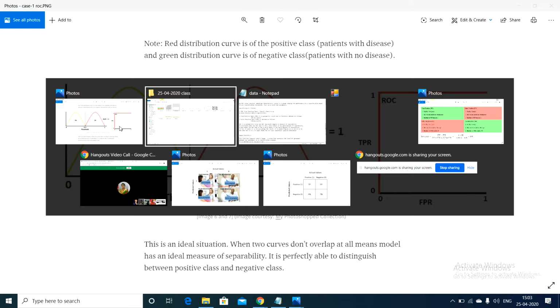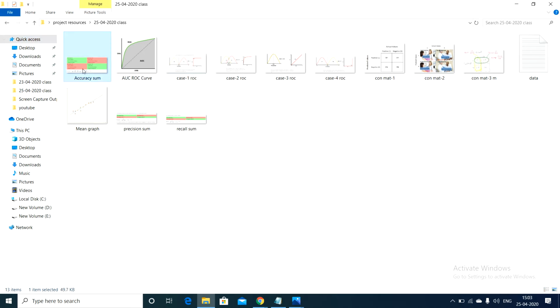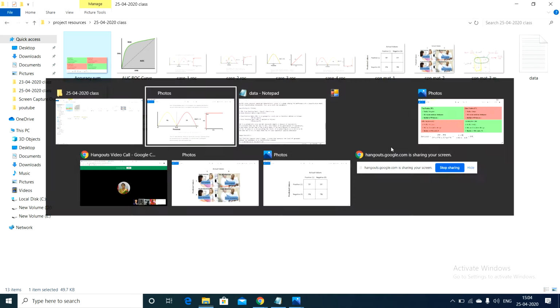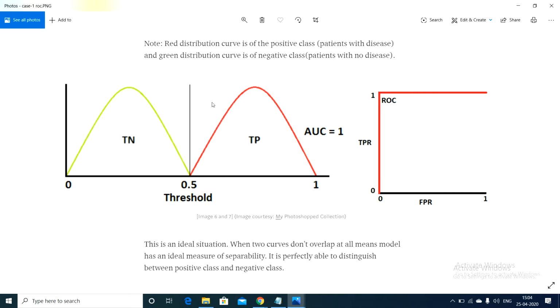I have already shown you an example. Let us see it once more here. See what exactly true positive is telling: if it is malignant and the model is predicting malignant, it is called a true positive case for our example. If it is in the beginning state, so it is class 2, and the model predicts class 2, it is a true negative. So here we are considering true negative and true positive scenarios.